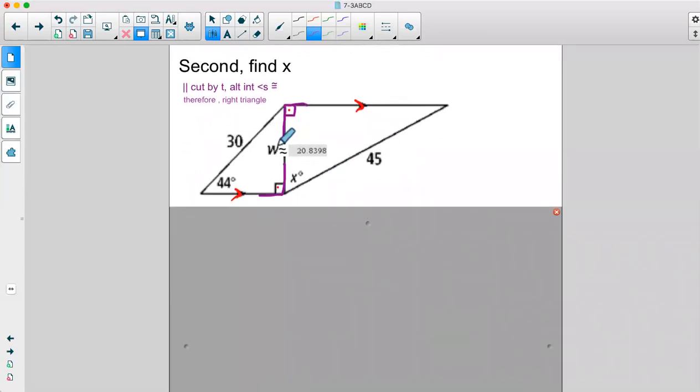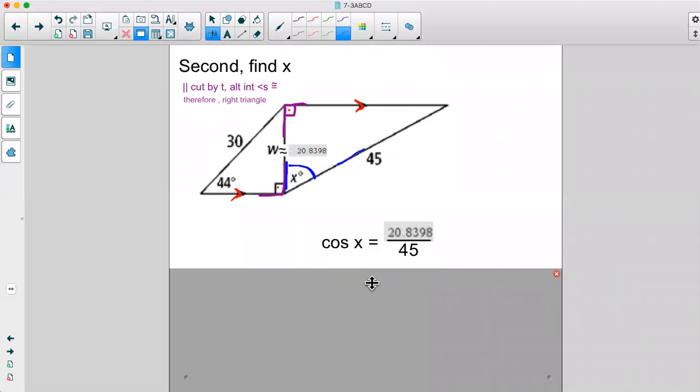Now we found W, so if we go inside this triangle, we know an angle, we know the adjacent side we just found, and the hypotenuse. Which trig function involves an angle, adjacent, and hypotenuse? That would be cosine. The cosine of angle x equals adjacent, 20.8398, which we found in the first step, over